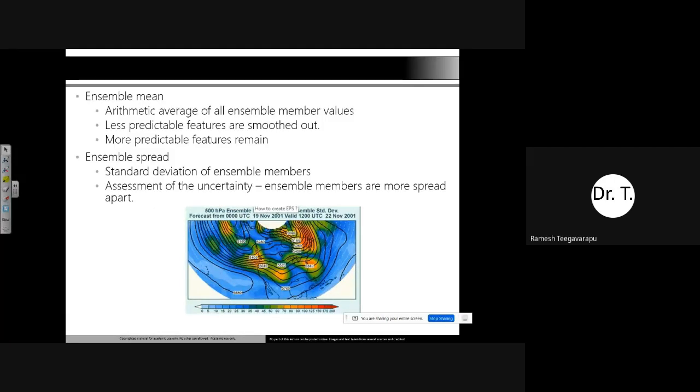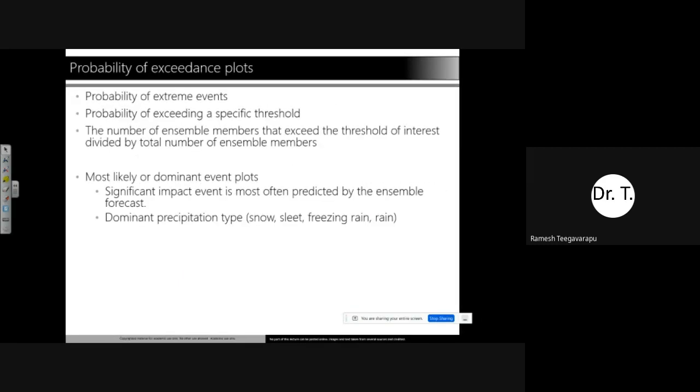That means you can get a mean of all those values at a location and you can plot them, or you can get what we call the ensemble spread. You can also get the uncertainty based on the standard deviation. And we can also talk about the probability of extreme events based on the number of ensembles we have. We can also ask about the probability of exceeding a specific threshold.